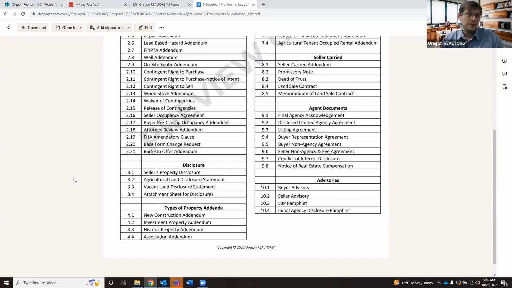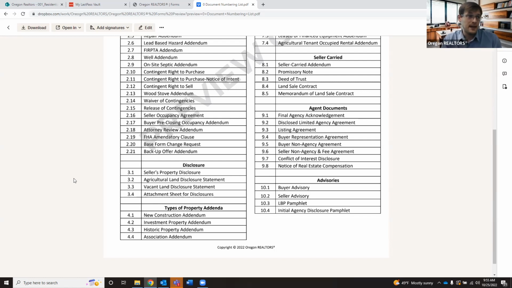The agricultural land process and vacant land process, our interpretation of that is there are disclosures that should be made on those sort of transactions that aren't in the SPDS. So for example, in vacant land, not knowing whether or not the land has the potential to be hooked up to the water main. If it can be hooked up to the water main, that helps if you're trying to develop the property. And so that kind of a disclosure is valuable. And so there's just an additional kind of second belt and suspenders for those sort of transactions to facilitate additional